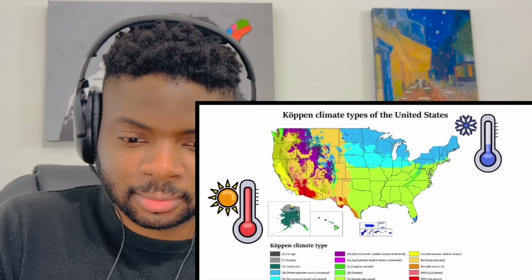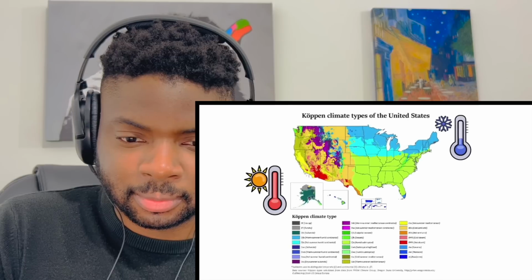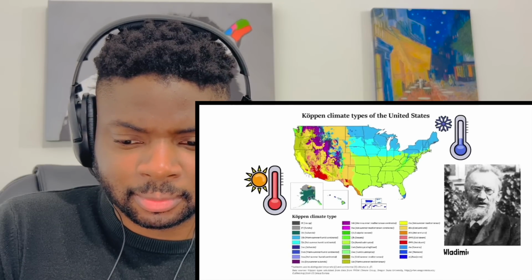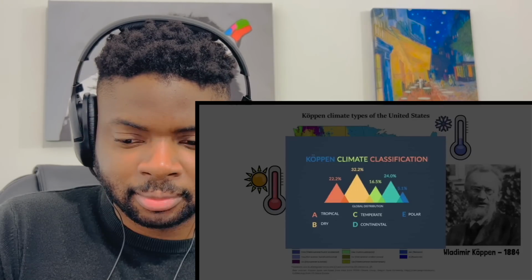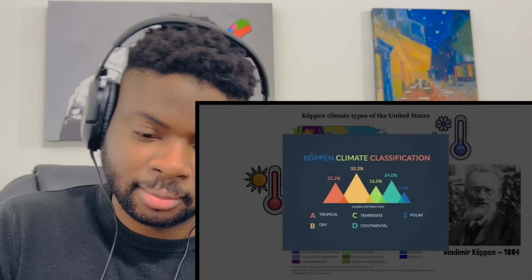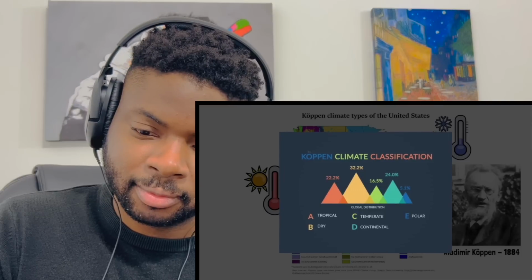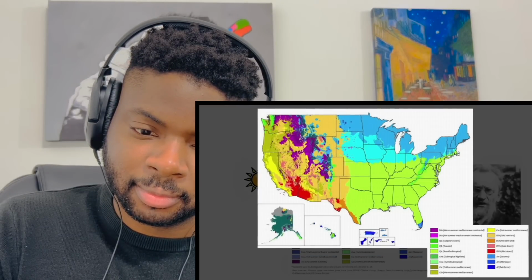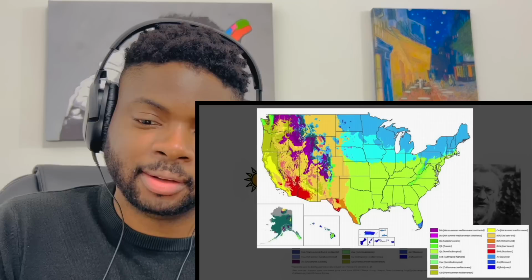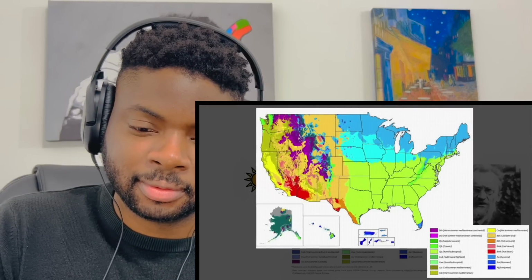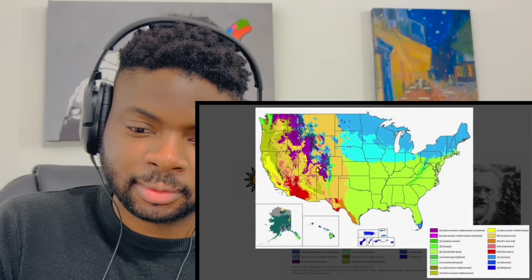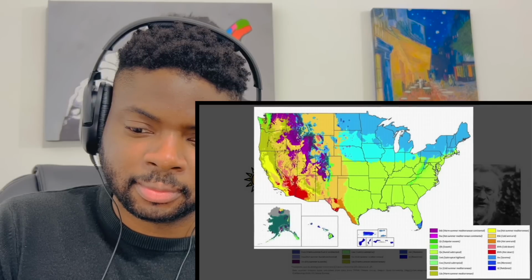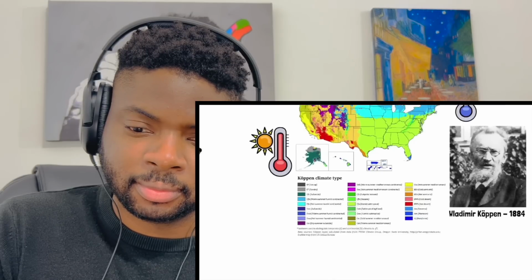The Köppen climate classification is one of the most widely used systems, first published by German-Russian climatologist Vladimir Köppen in 1884. It divides climates into 5 main climate groups, with each group being divided based on seasonal precipitation and temperature patterns. Here we can see California is mostly Mediterranean type weather, Oregon is the same but less warm, while Washington is more oceanic. In the East Coast, the north is warm, humid, continental, with the rest being closer to subtropical, although these colors are a little confusing.